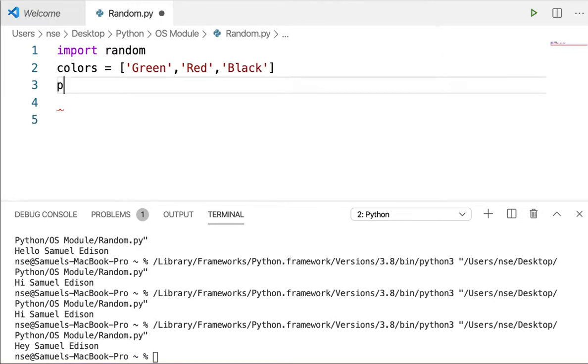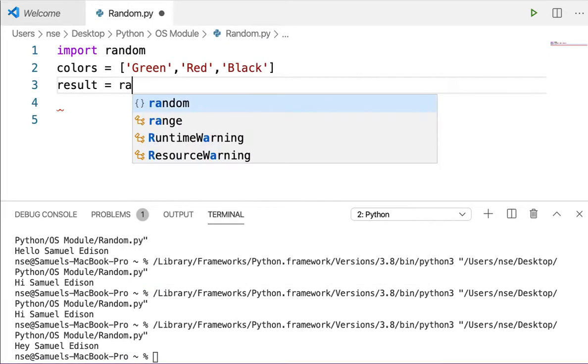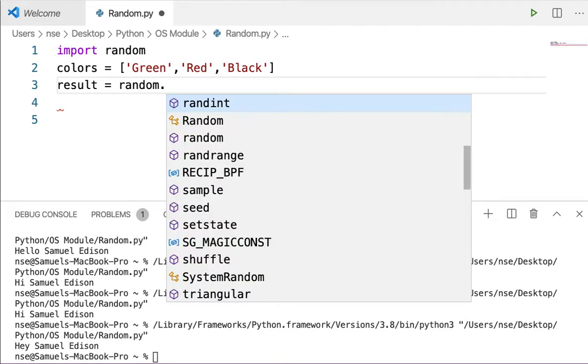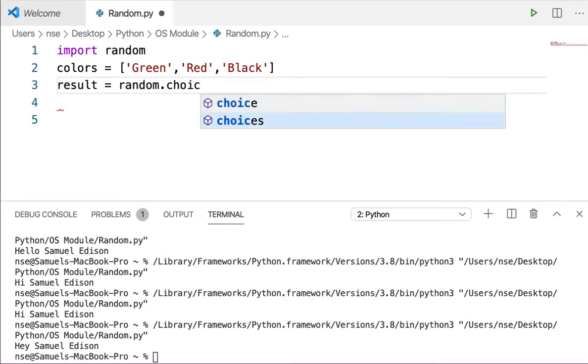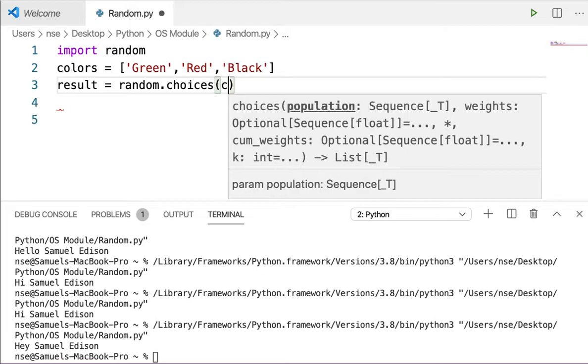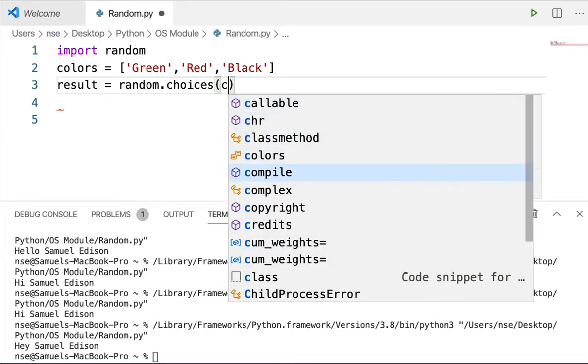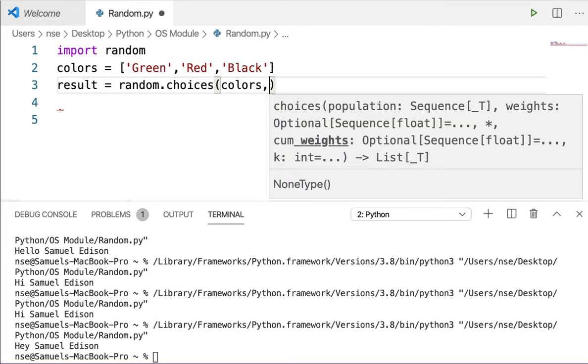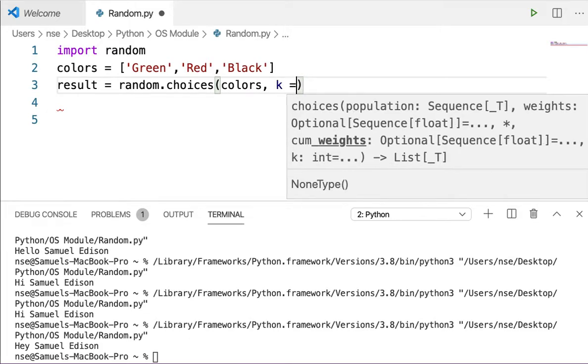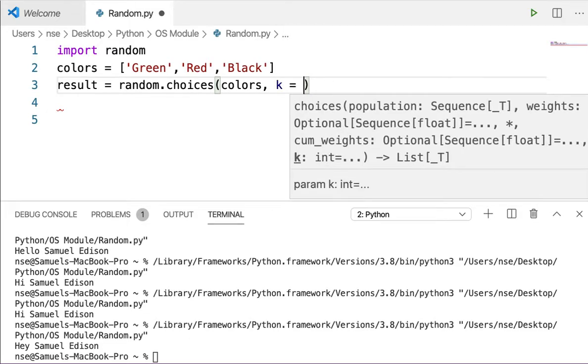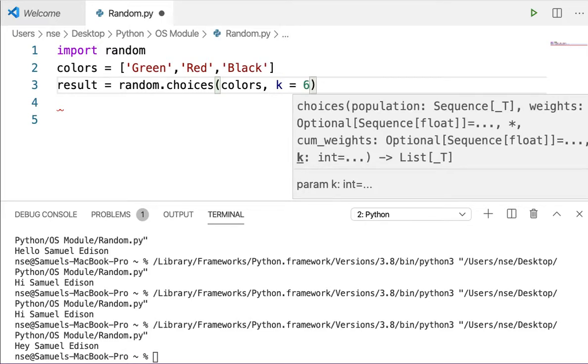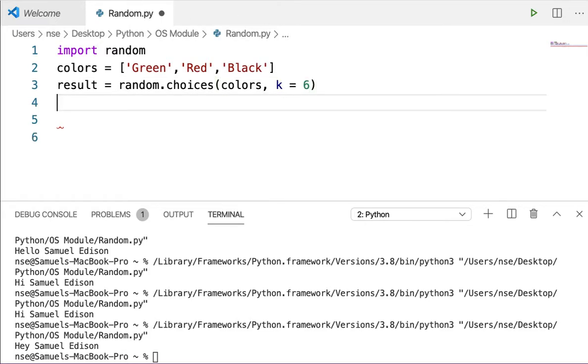So let me say print results, random dot choices, and let me give the colors list, and then I'll say k to assign how many values I'm going to pick. For example, let me say 6, and then I'll say print